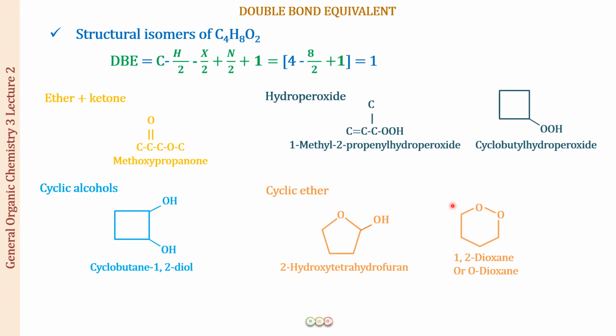And the next obvious possibility, what you can see over here, is that the OH group I'm also replacing by an ether. So both of these two have gone into the ring. So this is one possibility, and again I can put them at 1 and 2 position. So this is a 1,2-dioxane. This is the name of the compound, and this is also called orthodioxane because this is 1,2 position.